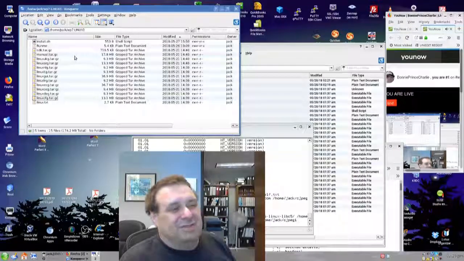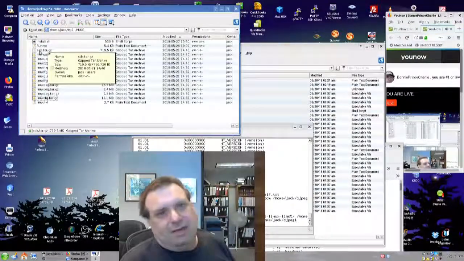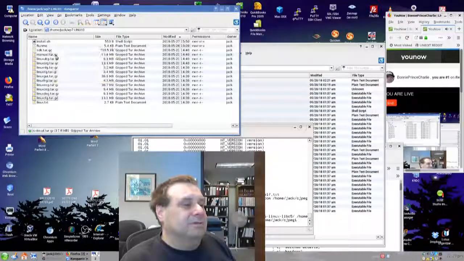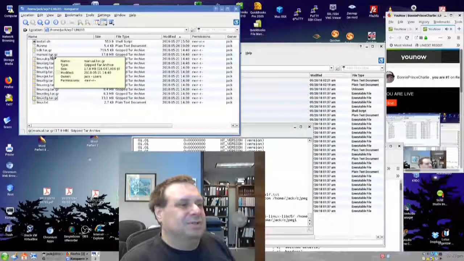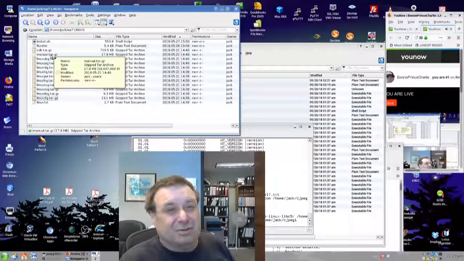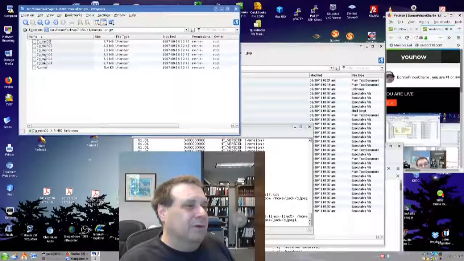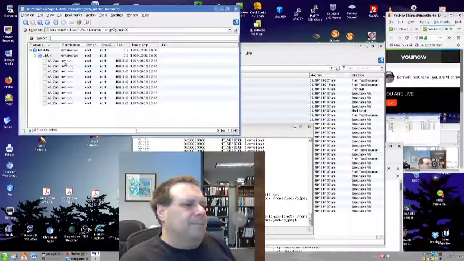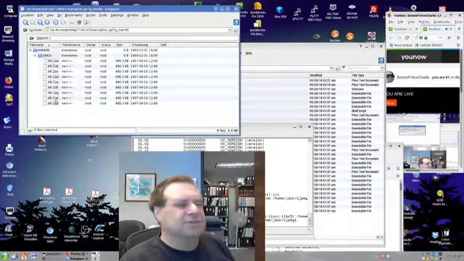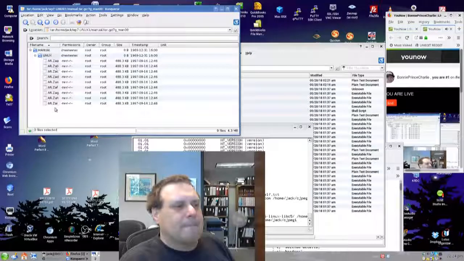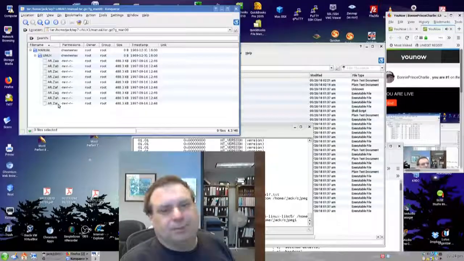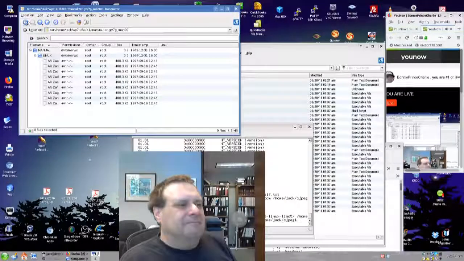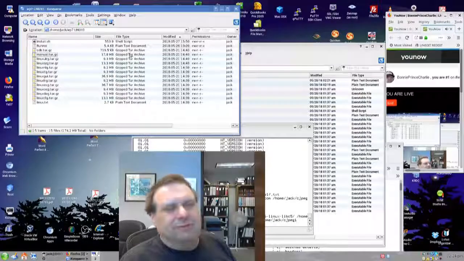Just to go over the anatomy of some of the stuff, the SDK, I don't think I even used. The manuals not only contain the manual, but they contain Adobe Acrobat, and I don't know what version of it. In this AR, this is Adobe Acrobat, and it's got lots of parts. And I was able to manually get it to